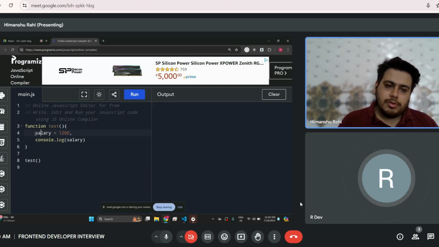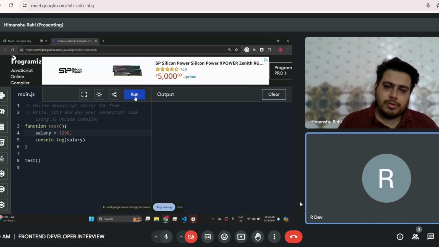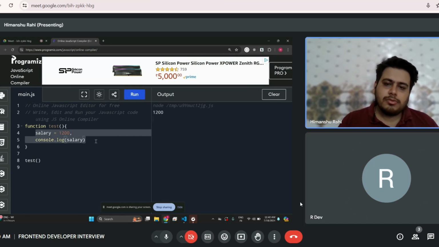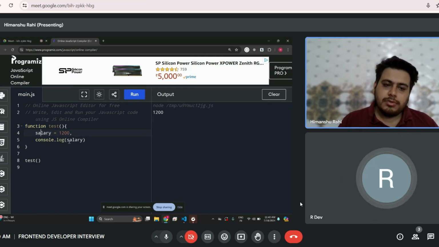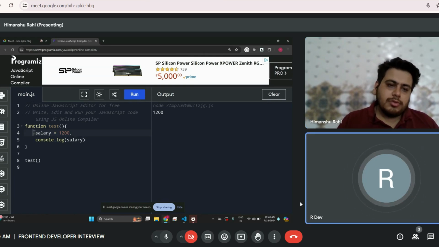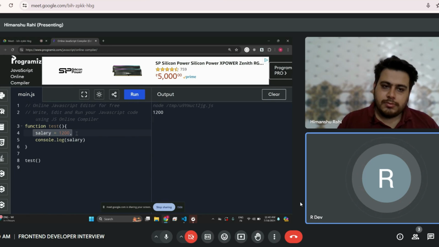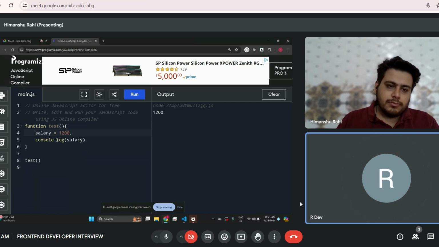Okay, can you run it? So, okay, but this is treated as a regular variable. Yes, now it is treated as a regular variable. But it is a wrong practice, right? Yes. So to avoid this kind of situation, we don't want wrong practices.